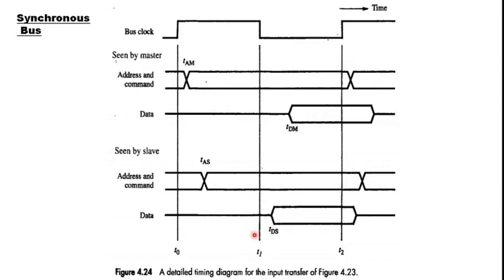Then again, in case of the interval between T2 and T1, designers should see the TDS and TDM effect and should put this duration in such a way that it covers the effects of TDM, TDS as well as the stopping delay induced by the master. Okay, and so that is the main challenge in case of synchronous bus design.